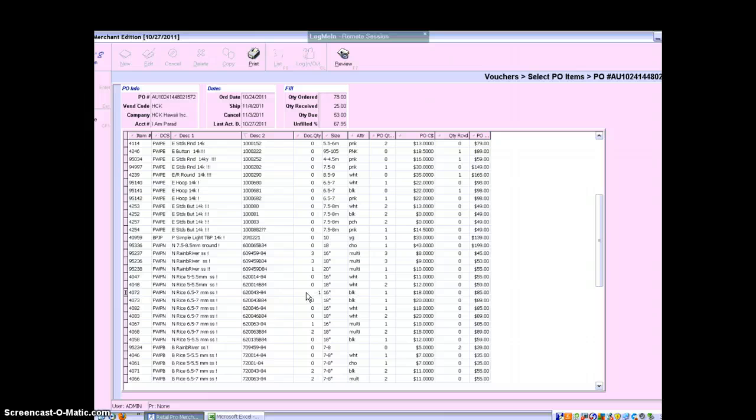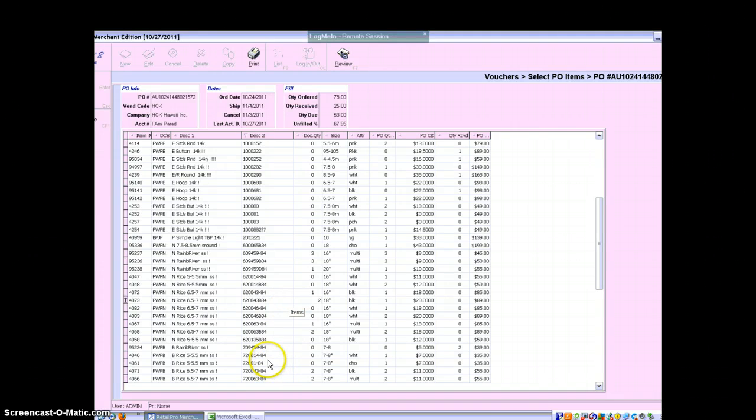Line item 620043B84. 18 inches. Quantity 2, $20. Necklace. Okay, that's all correct. Line item 12,